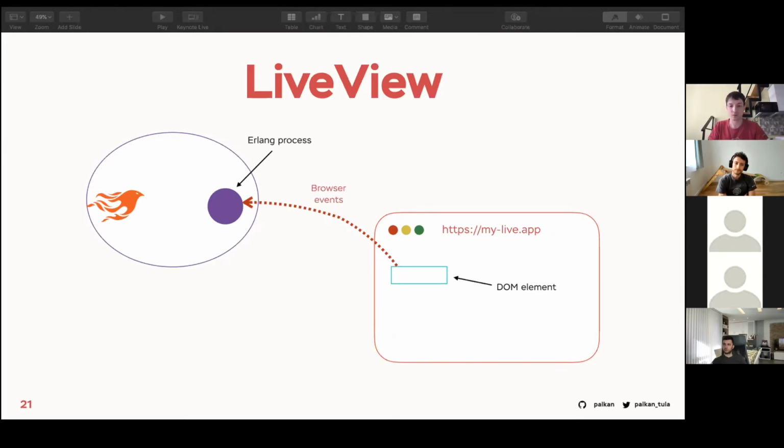Then browser events are broadcasted to this process, and it sends the partial HTML template back to it. We're going to talk about this partial thing a bit later because it's very interesting. It also aims to reduce bandwidth. What's cool about this approach, and actually that's